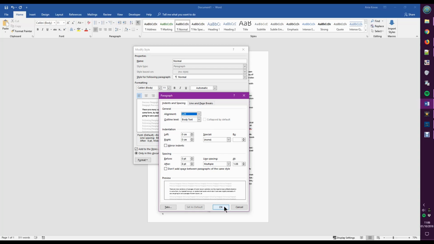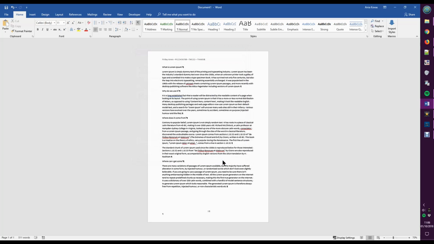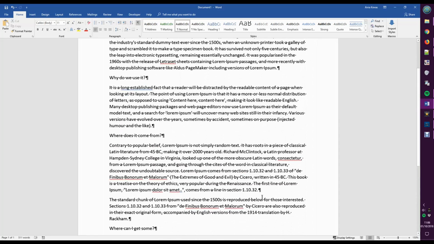I try and avoid double lines. If you need that, then you can do that. You might find that I mark and collapse them, but that's okay. So the point is, you can change it, and if you change the normal, a lot of other things follow. So let's zoom in and have a look at this document. We've got some stuff underlined. We're going to ignore that because that's